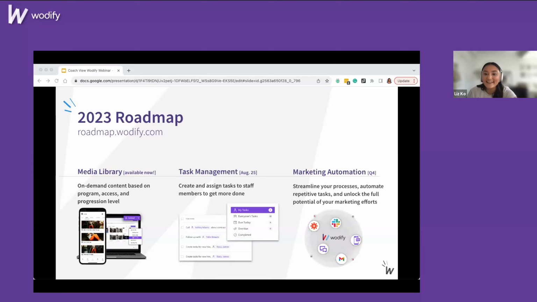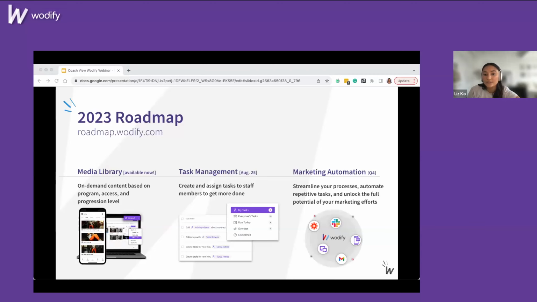All right, and then the icing on the cake here is our marketing automation workflow tool, which you may have heard about before. We actually sent out a teaser video for this a few days ago, but that's also on our YouTube if you want to access it. So this powerful visual workflow builder will be fully embedded directly in Wodify Core, and we plan to launch with pre-built marketing automation workflows that you can easily implement in your own library.